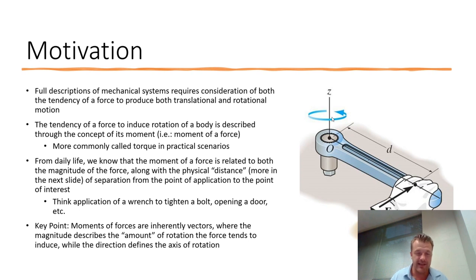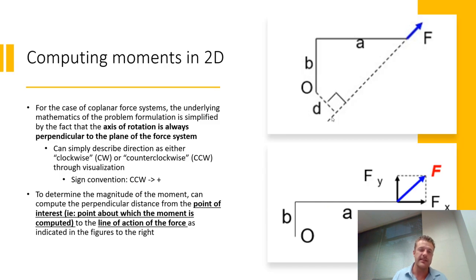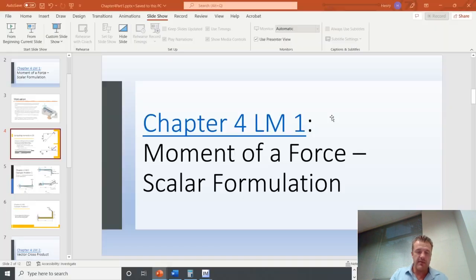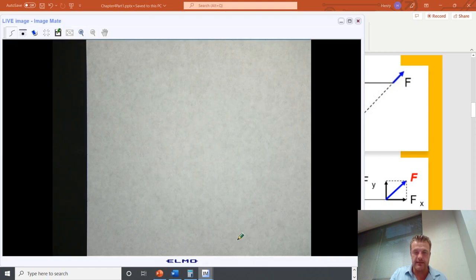loosened. So hopefully if you got anything from the slide, when you're talking about moments of a force, you're talking about the tendency of a force to induce rotation. It's also called torque, and it's a vector quantity. Its magnitude describes how much of a tendency you have to induce rotation, and its direction describes the axis of rotation. So when you think about forces that are acting in a plane,